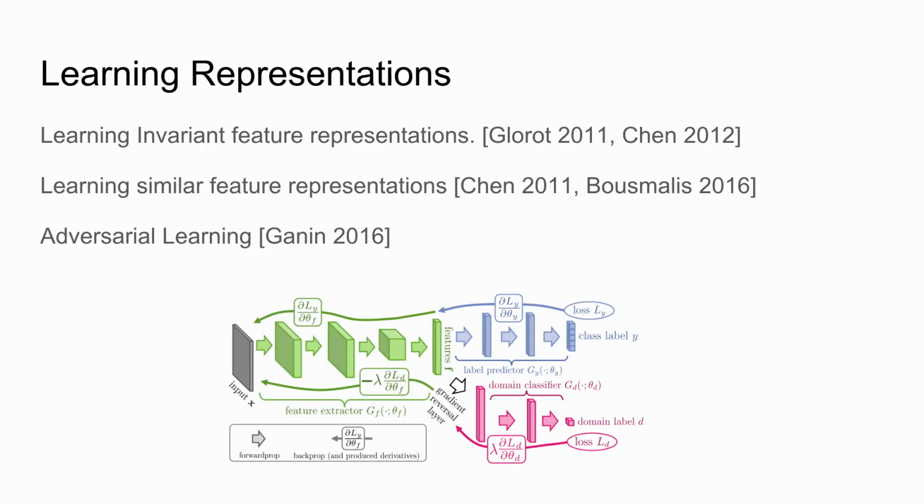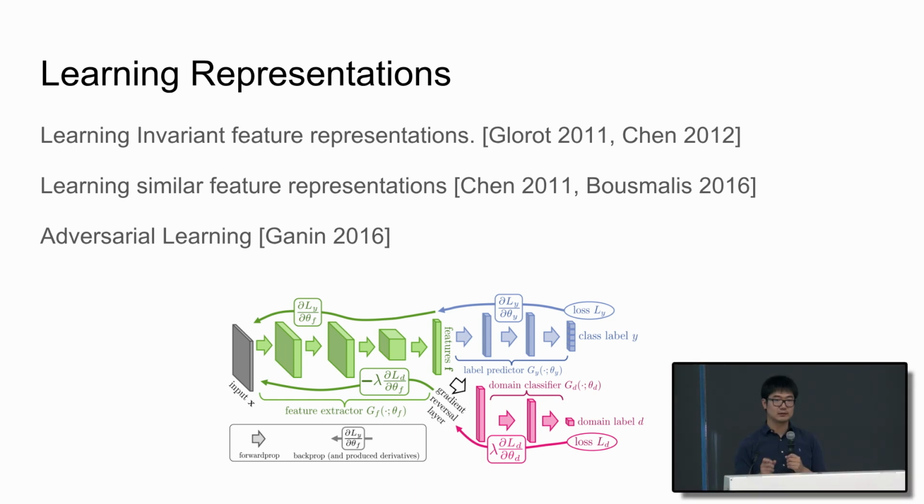Another line of work is related to how we can learn a better shared representation to do transfer learning. This area is mostly called domain adaptation, where they can have very similar tasks. However, the domains are different, meaning that the probability of giving this label on this task can be different in these two domains. So one line of work tries to introduce some regularization term to learn feature representations invariant to different domains, and also.